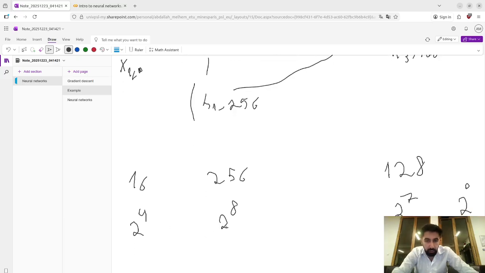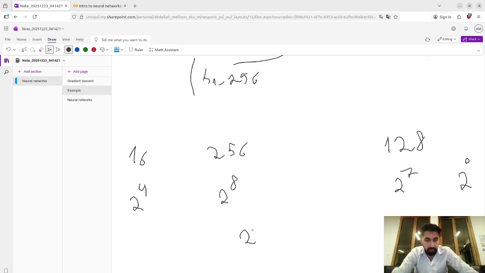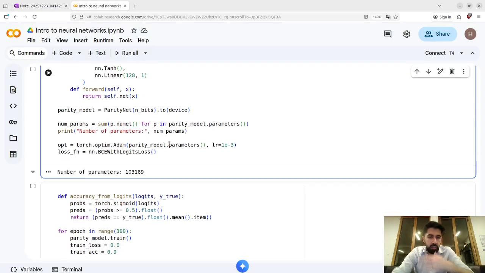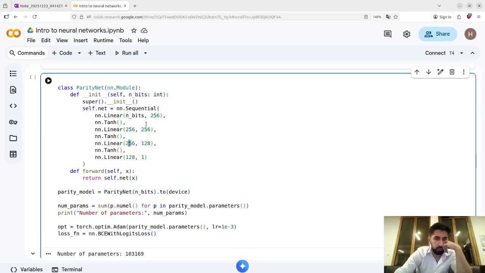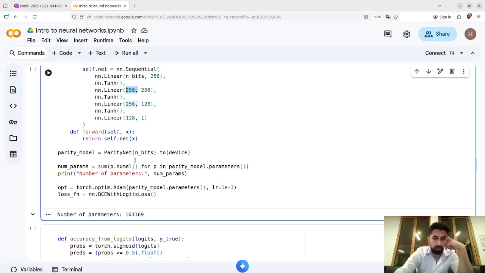If we multiply all these numbers, we would get 2 power 4 by 2 power 8, 2 power 12, plus 2 power 7. We would get around 2 power 19, if I'm not mistaken in my mathematics somewhere here. 16 is 2 power 4, 256 is 2 power 8. Okay, anyway,